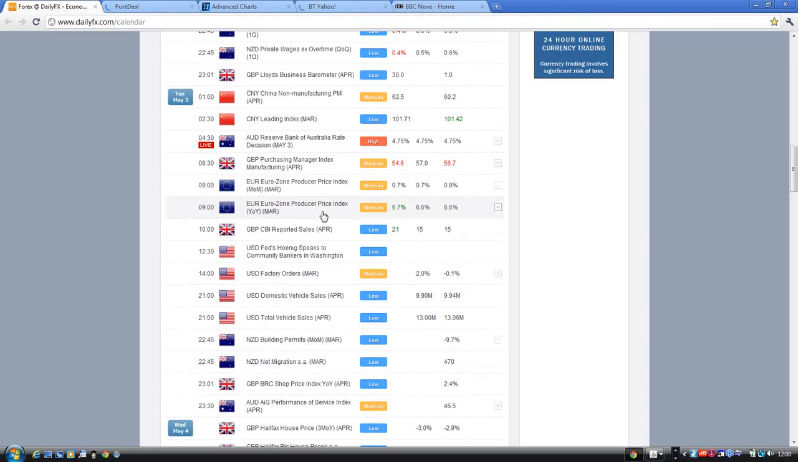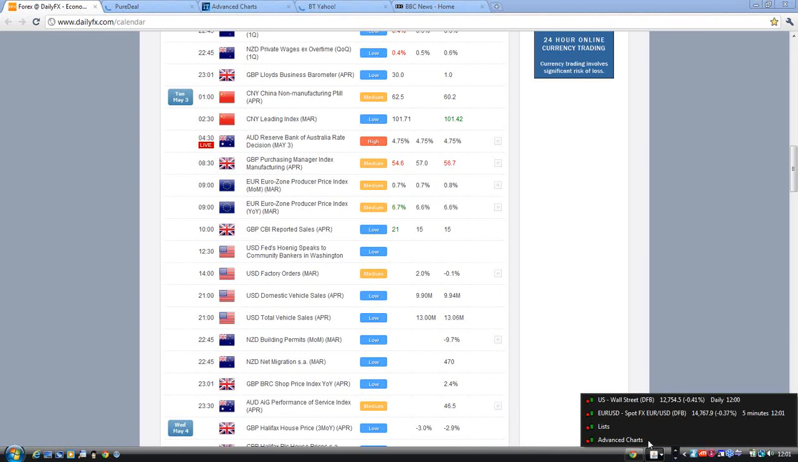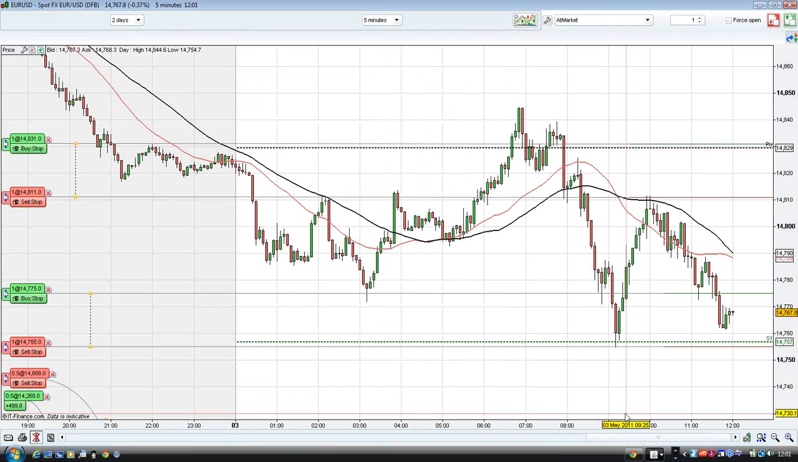But we had the producer price index report that came out at 10, but that was of medium importance, and we have another report of medium importance coming out at 3. The reports of medium importance won't stop us from trading, but we'll just be aware to look at the charts at this time to see if they have an impact on the market. So with that in mind, we went to trade,